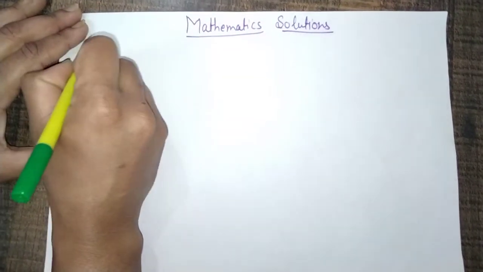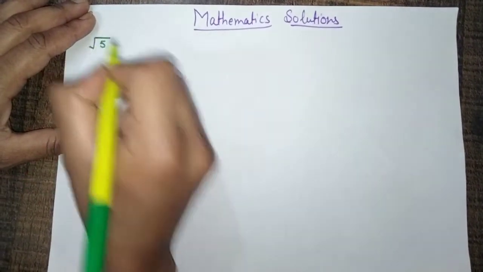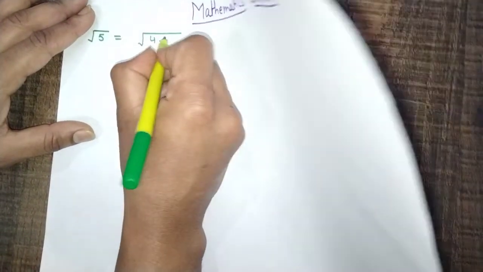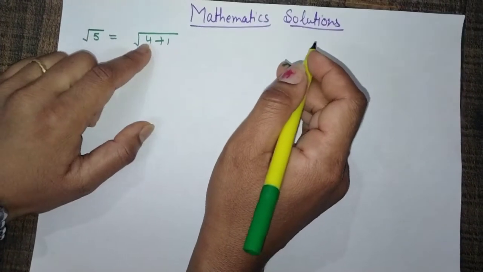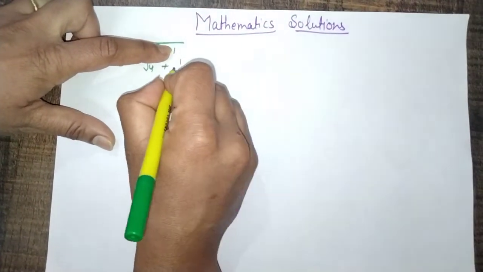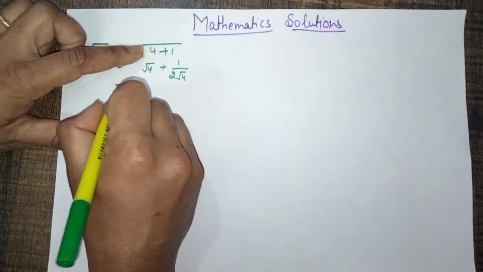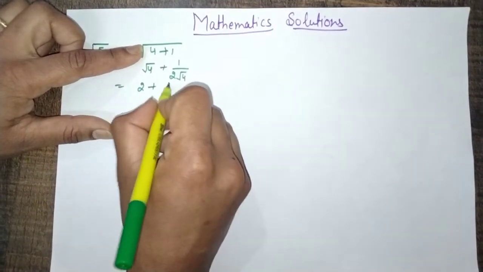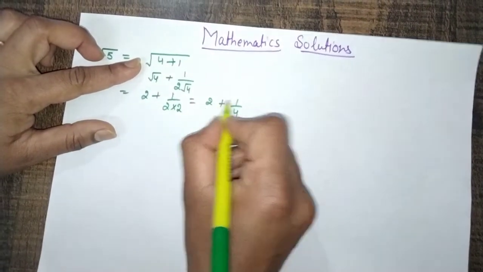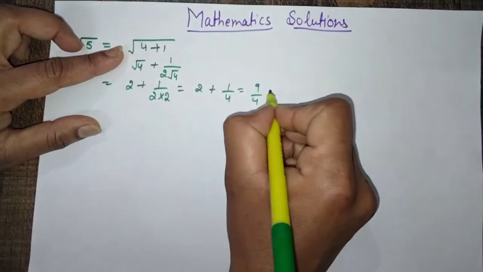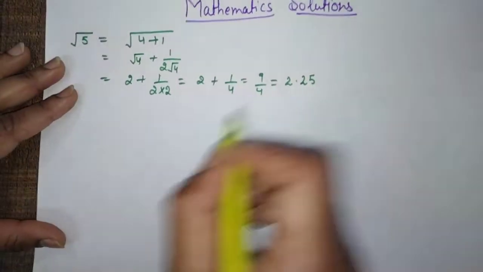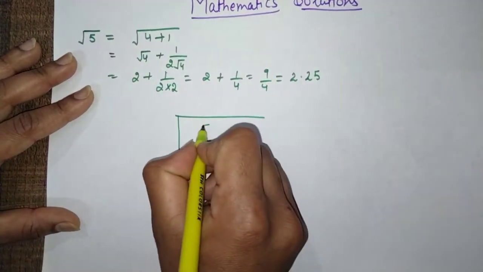If we have to find the square root of the non-perfect square number 5, then by the short trick method, first of all we have to resolve it into its nearest perfect square number, which is 4. Now apply the formula: square root of the first number plus b over twice the square root of the first number, and the square root of 4 is 2, and here 2 also. So we get 4 2s are 8 and 1 is 9, and when you divide 9 by 4 we get the result 2.25. Now let's verify with the long division method.